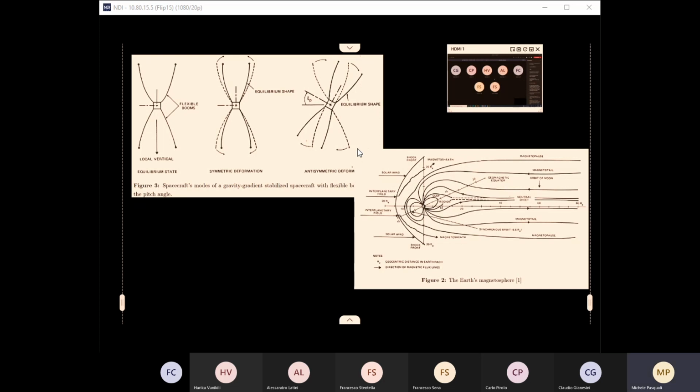So what is the sense of all this? As I said, structural dynamics couple typically with other dynamics that involve your spacecraft. And you cannot always disregard the effect of flexibility with respect to this coupling. There are cases in which you have to take this into account. As I said, the simplest and easiest case to think of is the one that I mentioned: the effect of solar radiation.